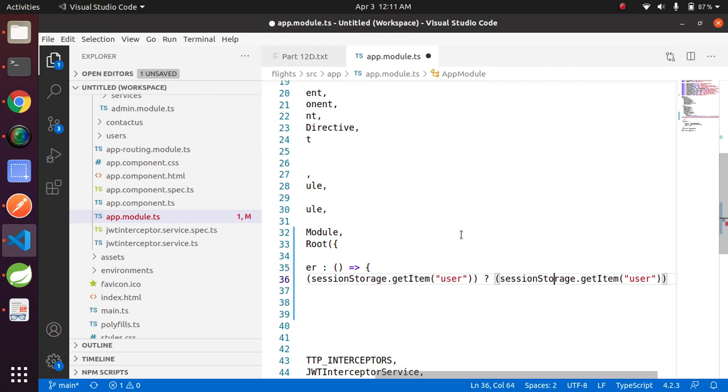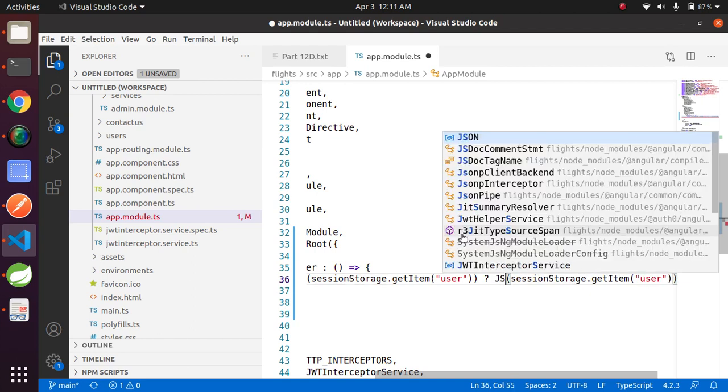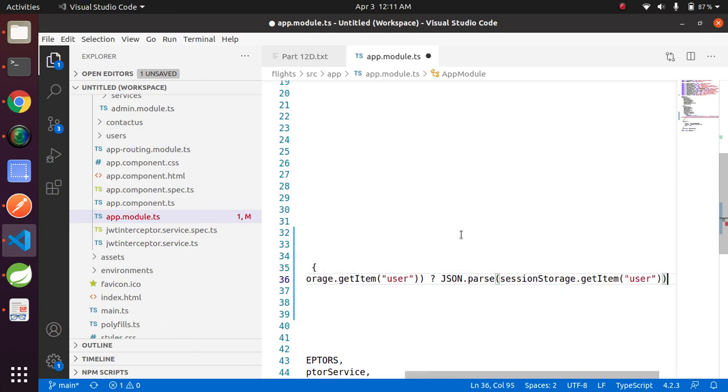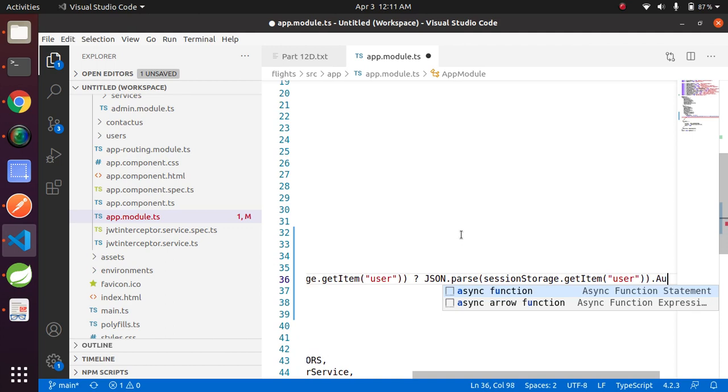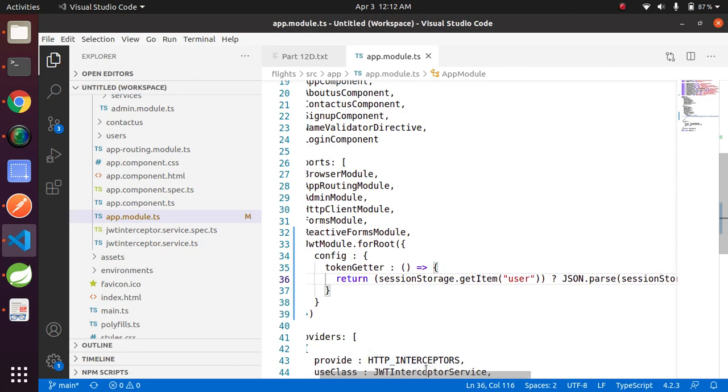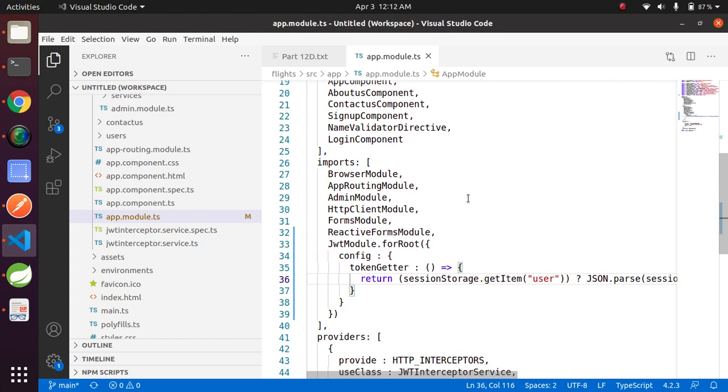As this is an object, let's parse it first with JSON.parse and then use the authorization key, as the token is stored in the authorization key. If the condition fails, then return a null value. We have successfully configured the JWT module in appmodule.ts.